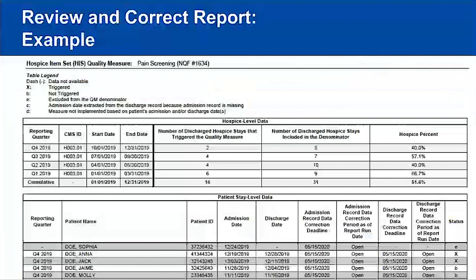So moving on, below the heading, the report will look somewhat like this. You'll first see a little table legend there, followed by the hospice level data or the facility level data. And then below that, you'll see the patient stay level data.